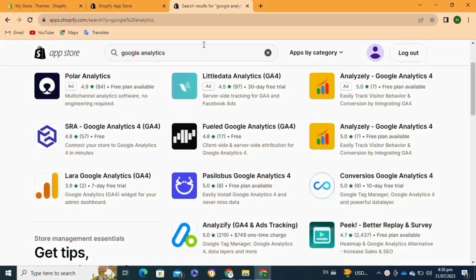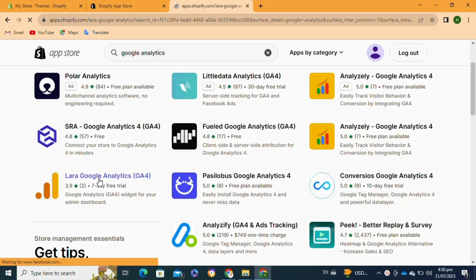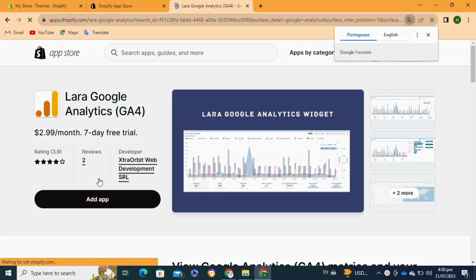Once you click on it, now it will take you to your Shopify app store. Here you have to simply search for the Google Analytics and then you have to install this app. To install the app, you have to simply click on it and then click on the add app option at